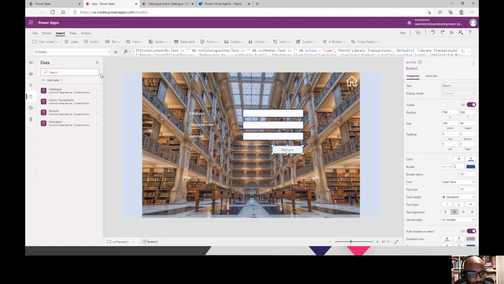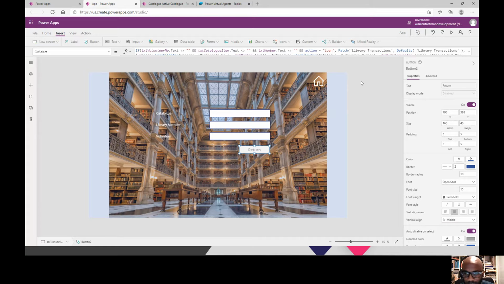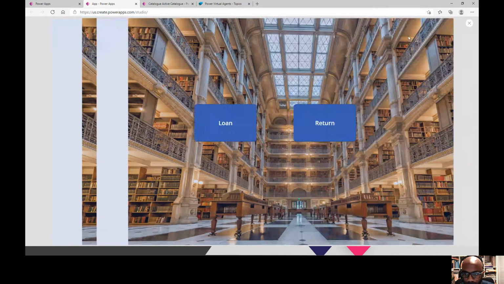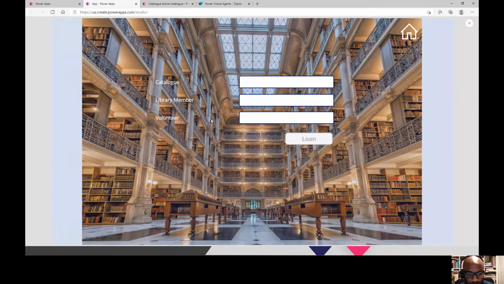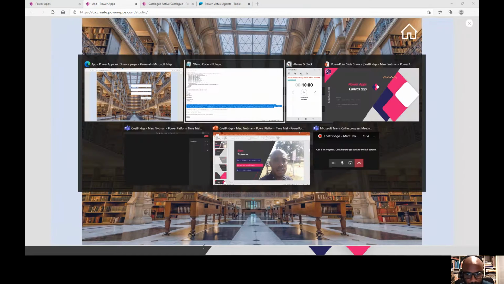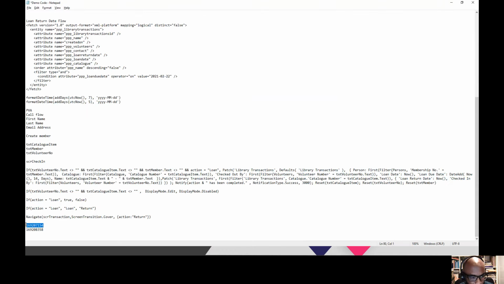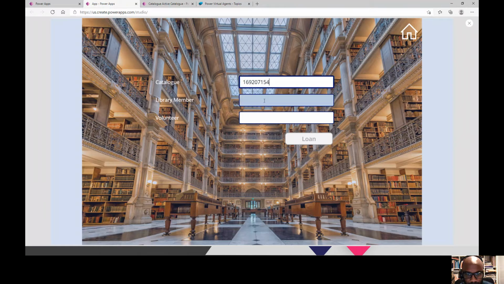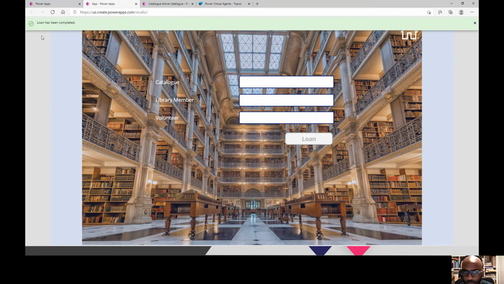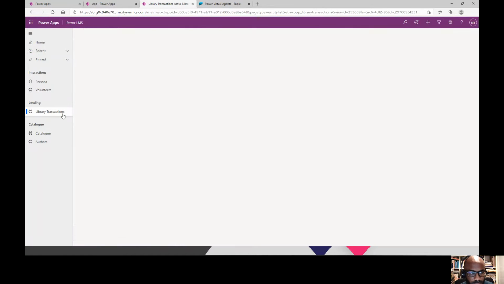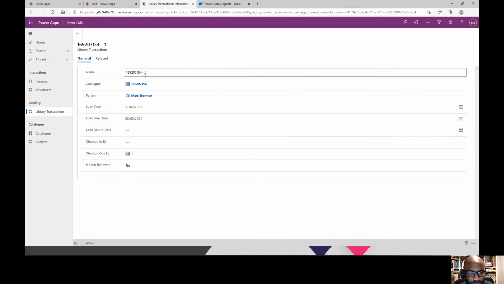So let's try it out. I know we're running a little bit over time, but let's go back here and click on loan. From the catalog, I have a catalog number here. For library member, I have someone in the database with number 1, and I have volunteer with 1. As you can see, loan is automatically enabled. Clicking on that, I have the loan has been completed. So let's go into the library transactions area, and there you go. We have a loan